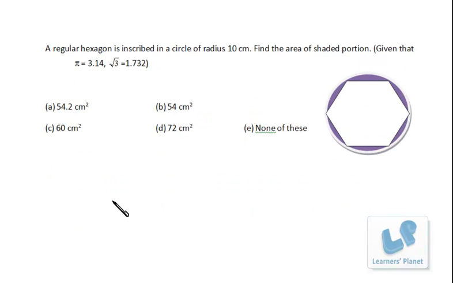Now let's try this question. A regular hexagon is inscribed in a circle of radius 10 centimeter. We have to find out the area of the shaded portion. Okay. So first of all, we know that the area of circle is pi r square. And what is the area of hexagon? Area of hexagon is just a